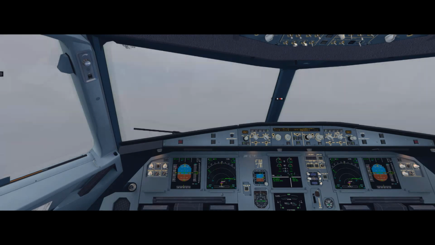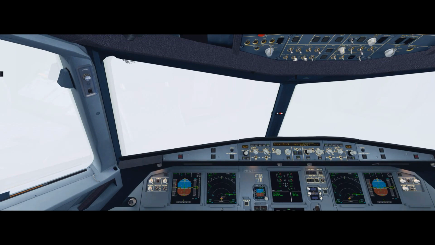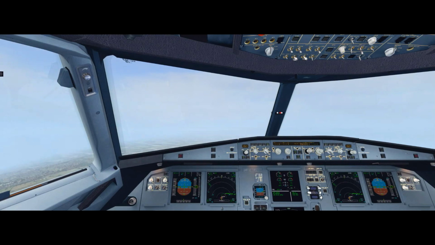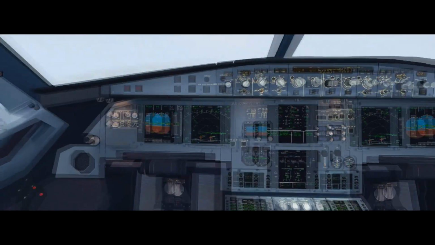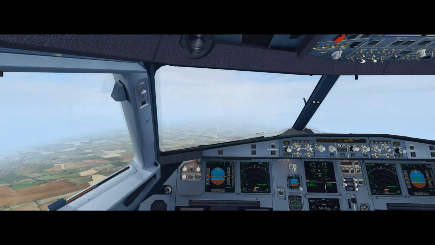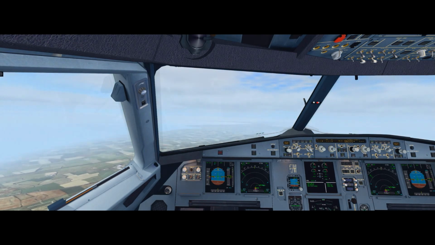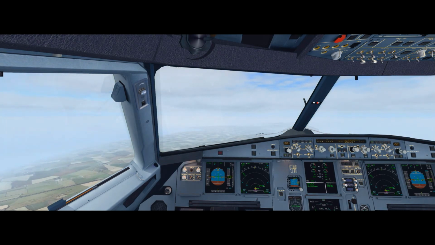As you can see, the different gradations of grey as we go through cloud, and that is very realistic. Anybody who's been on a flight flying through cloud, you'll recognize that. You know, when you look out of the cockpit window, you kind of go in and out of cloud. Check. Flaps 0. And you see it even better here as we look out of the cockpit window, and you can see the cloud going by there, and that gives you a real sense of speed. I must admit, there's a sense of speed there that I haven't seen for some time in any simulator,